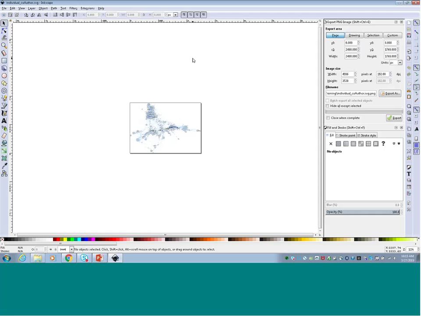So let me quickly walk you through what you're looking at here in the Inkscape interface. There are a number of menus here at the top that have a number of tools and algorithms available to you. I don't use them very often though, because most of the time the things that I'm interested in are represented elsewhere. So a lot of the tools that I actually use are arranged here on the right.